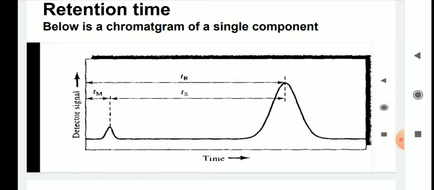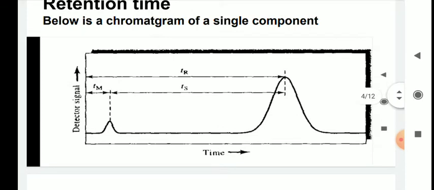It's very obvious that even if you are having a solute which has got absolutely no affinity for the stationary phase, or if you consider the mobile phase, for the mobile phase to travel through the column and come out of it, it will take some time. Also, a non-retained solute or a solute component which has got no affinity for the column will also take the same time to come out of the column as the mobile phase. So this Tm is the minimum time a solute has to travel through the column, or the time taken by the mobile phase to travel through the column. Tm is obviously smaller than Tr.